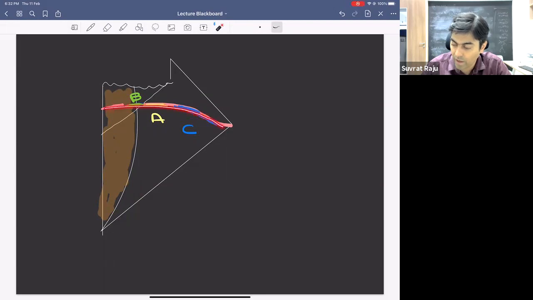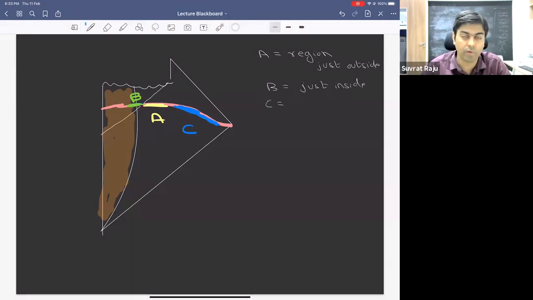which is this slice. And on the Cauchy slice, we mark out some regions. In particular, we marked out this region, which was A, the region just outside. And there was B, which was just inside. And then there was C, which was the radiation which contained the early Hawking radiation. So that's the region far away from the black hole. Okay, so we had these three regions,